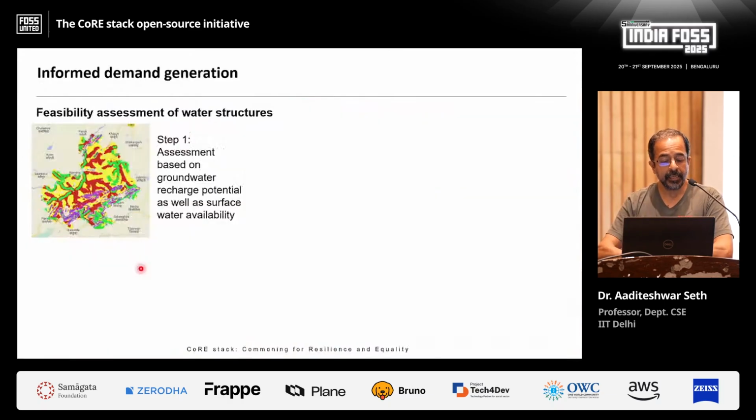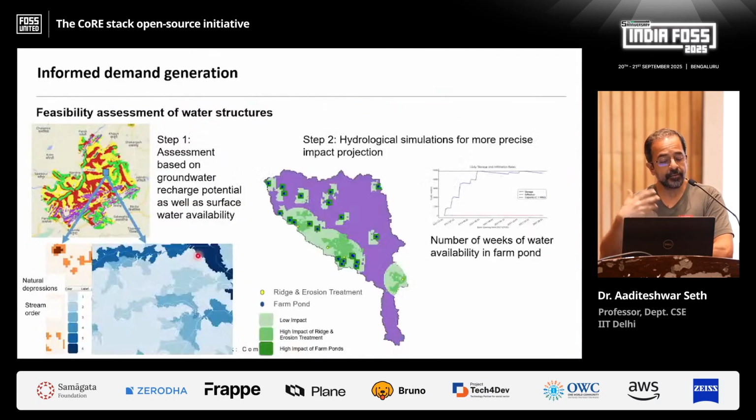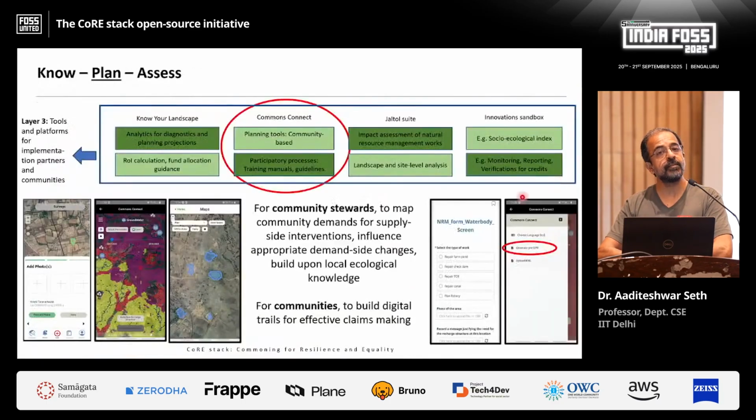And here, again, there are different hydrological models that we can do. That is, is this actually a good site for a farm pond? If a farm pond were done over here, what will the storage look like? By when is it expected to fill up, and for how long will it stay filled up? So these are other models that can help in decision support.